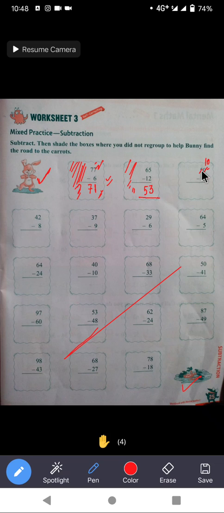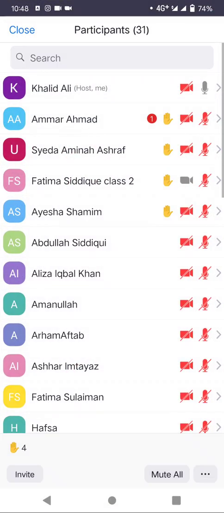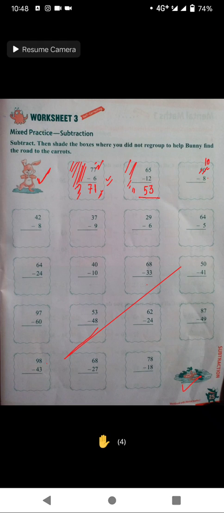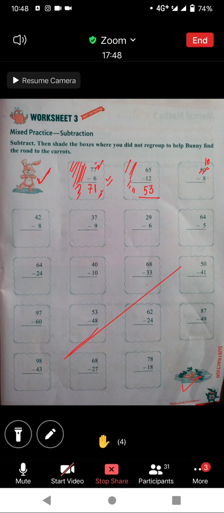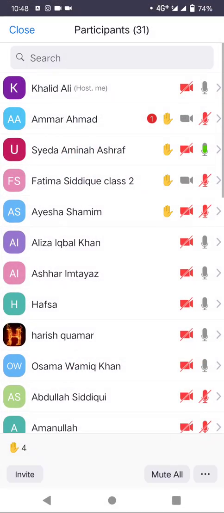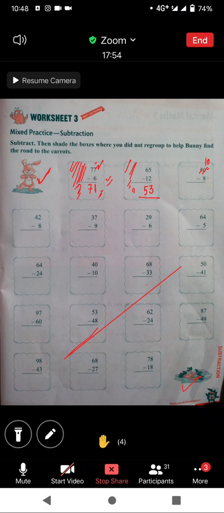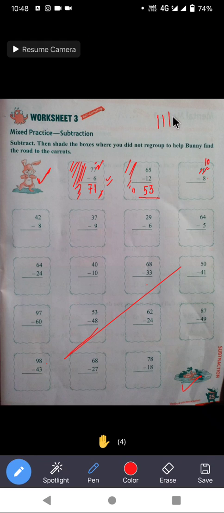Now what will be left at tens place after taking 1? There is 5 at tens place. We have taken out 1 from 5, so cross 1. So how many left? 4 only, so here 4 will be left.